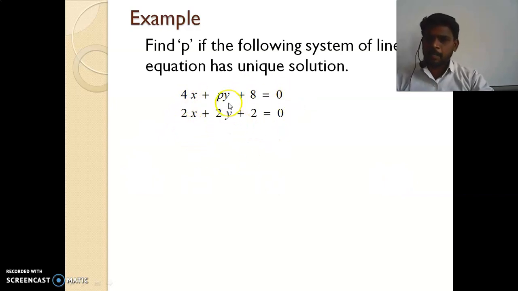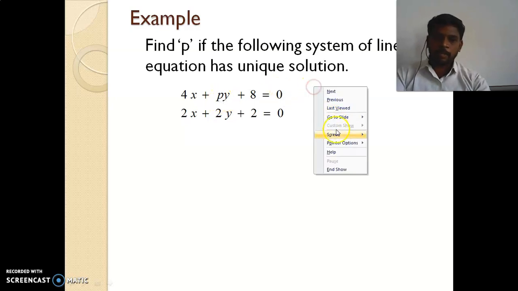So in this linear equation, some unknown values are there. So how can you find out those unknown values? By using the formulas we have seen in the last slide, that is, whether it is a unique solution, infinitely many solutions, or no solution. According to that only we are going to find out the unknown values. So those formulas are very useful to find out the unknown value in the given pair of linear equations. Here in the first equation the unknown value is P. We are going to find the value here by using those formulas from the last slide.